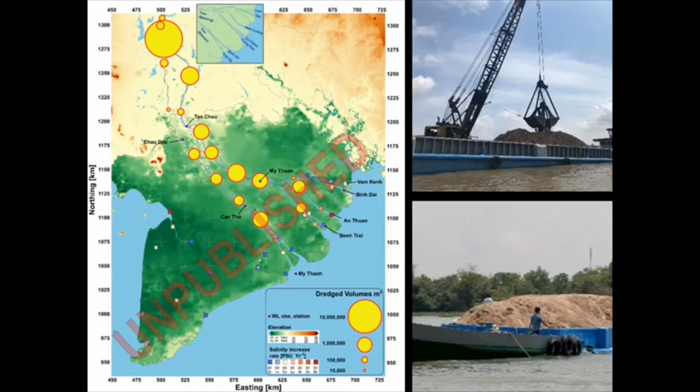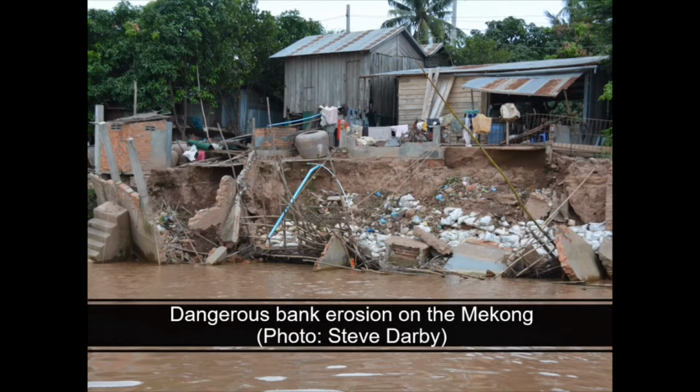The Mekong Delta in Cambodia and Vietnam, a region that I've been researching for the last 10 years, is a great case study of some of the issues that sand mining creates. In our work, my team and I have used sophisticated sonars to map the riverbed. We showed that so much sand is being mined, about 50 million tonnes a year, that the river channel has been completely transformed. The riverbed has been lowered by over 3 metres across many hundreds of kilometres. This severe bed erosion triggers hazardous bank slope instability that destroys infrastructure and displaces people from their homes.